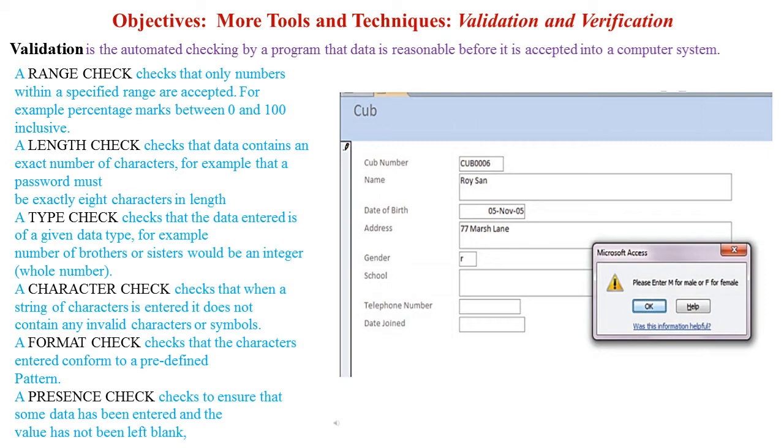Okay, and a presence check means some fields, some values are required. You must enter some values in certain fields. Okay, a presence check checks to ensure that some data has been entered and the value has not been left blank.